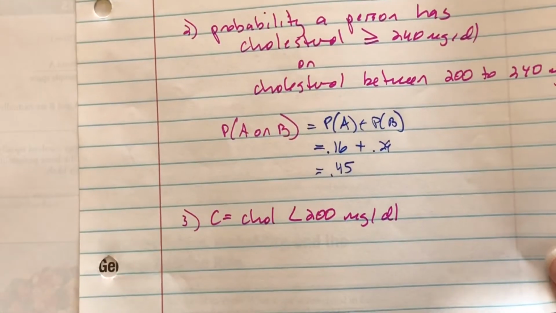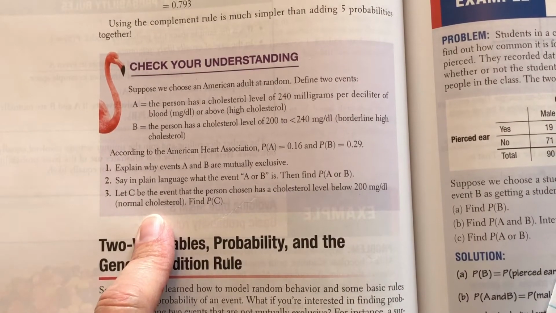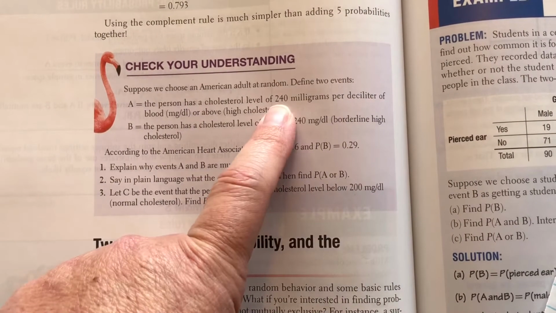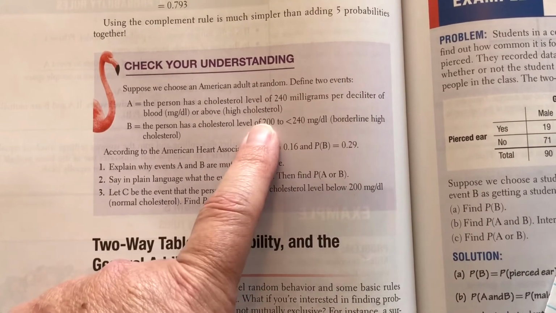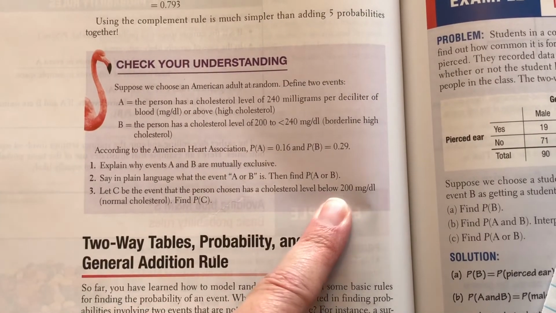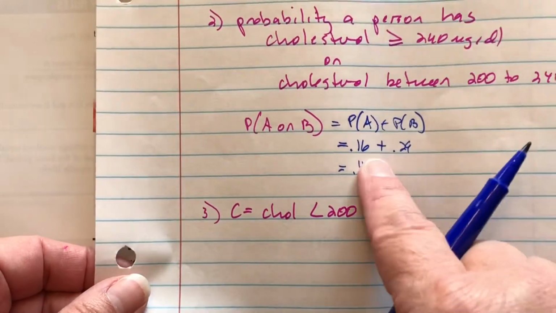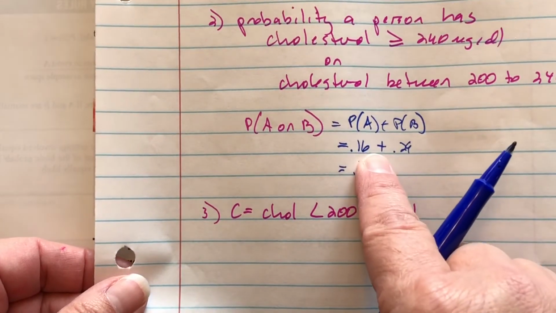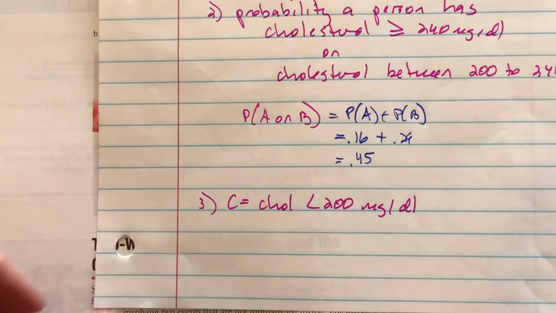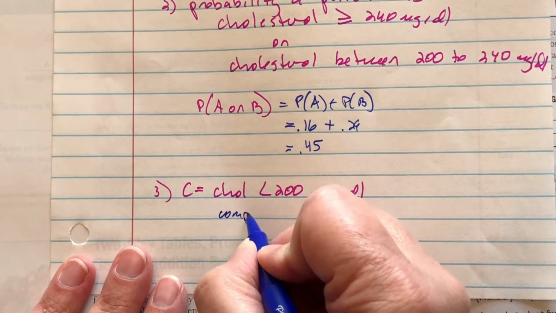Okay, 45% chance. Now let C be the event that a person chosen has a cholesterol level below 200. All right, well, that seems to be the only other option. So either going to be 240 or above, between 200 and 240, or less than 200. Okay, well, I thought of this. If you're not high cholesterol or borderline cholesterol, then you've got to be in this group. So I thought of this as the complement